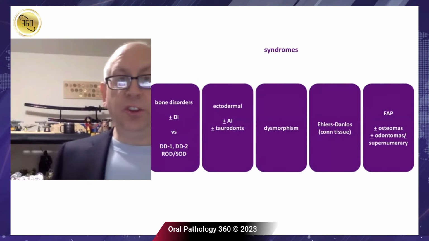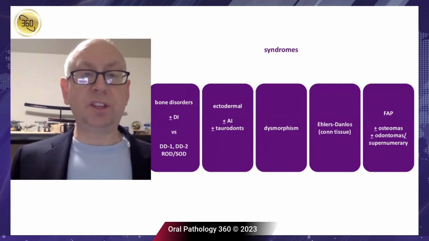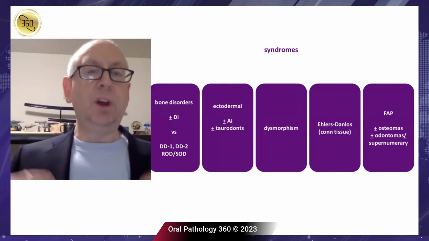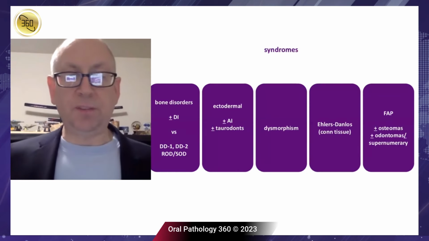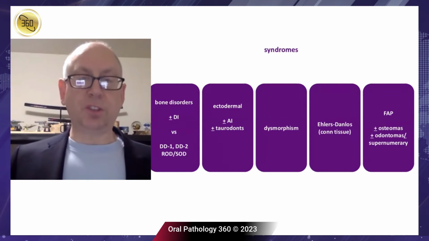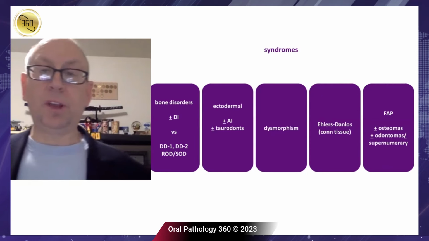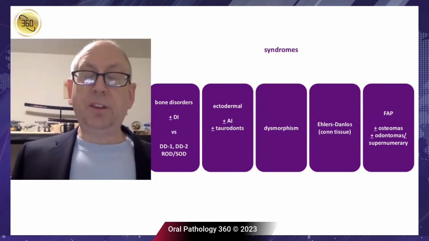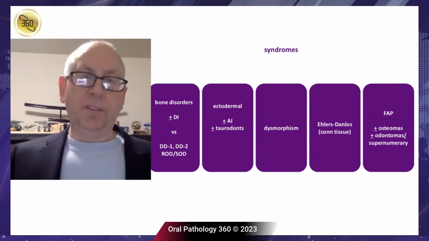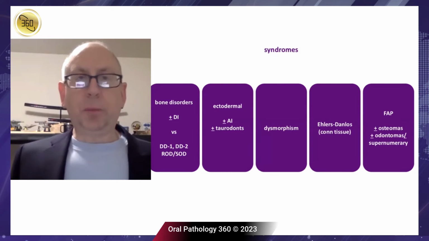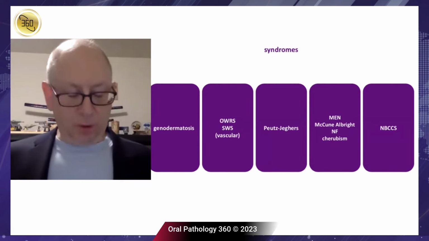Then there are the whole sort of syndrome cases. So when I think of syndromes, I try to put them into broad categories. Is it something that's going to be associated with bone, so all the opalescent dentin, or is it something like amelogenesis imperfecta that's associated with ectodermal defects? Then there's all of sort of the facial dysmorphism cases. There's the collagen defects, and then there's things that show up in the oral cavity that are the result of either the oral cavity being the beginning of the gastrointestinal tract, so Crohn's disease, and then there's also some diseases like adenomatous polyposis, sort of the premalignant GI polyps that show up strangely as osteomas and odontomas.